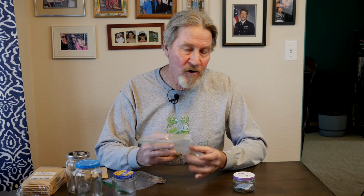Now, you could just as easily use sandwich bags, though freezer bags work better because they've got thicker plastic. I've recently discovered these individual seed envelopes. These are reusable, and they're the same size as the packages that I buy at the store or from nurseries or online. So when I store my seeds, I have to think about how I'm going to store them. By putting them in a reusable envelope like this, I can store my garden seeds just like I store those